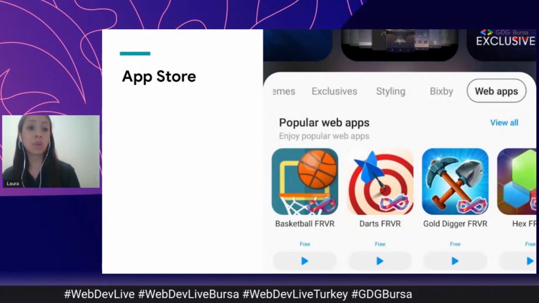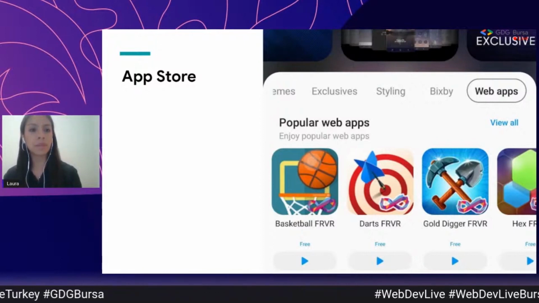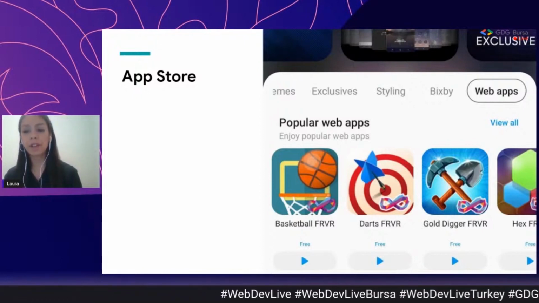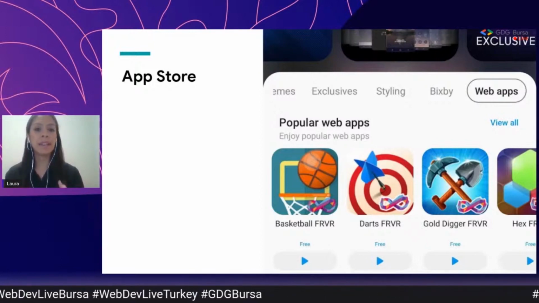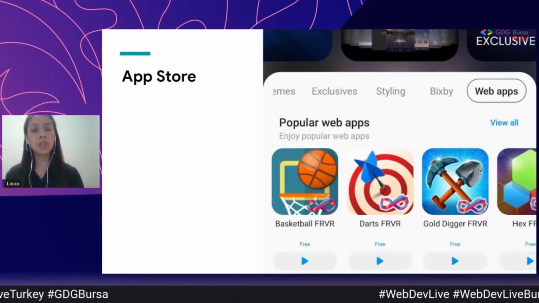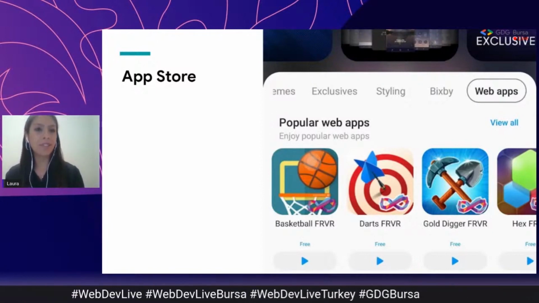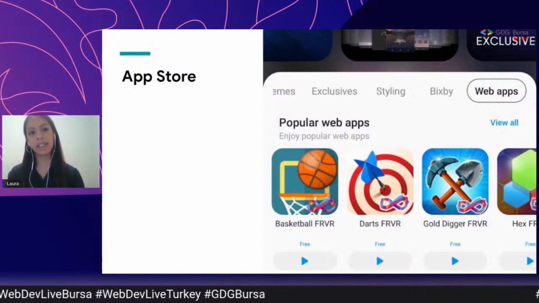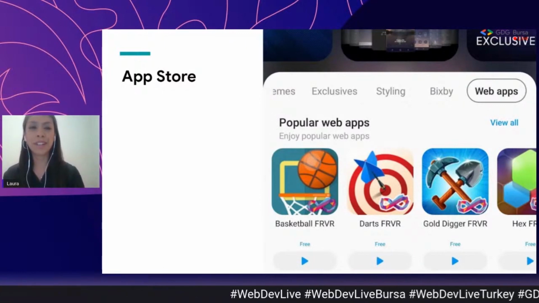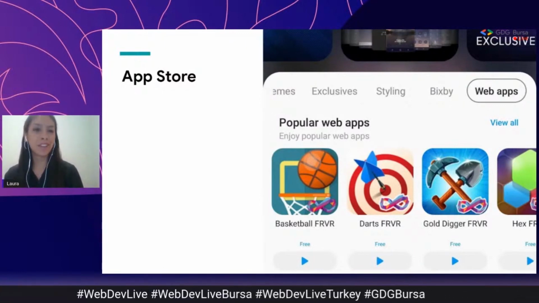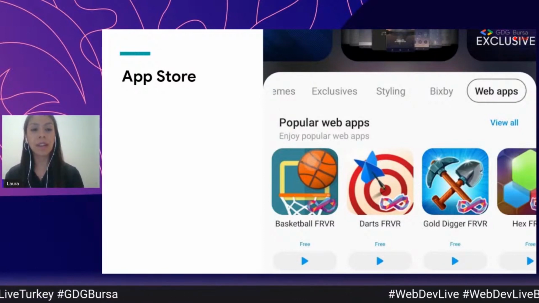But on the other side, we have other good news about PWAs. Not so long ago, PWAs were a really popular concept, and right now browsers have modern web APIs so that you can actually use your device hardware and make it feel like a native app. You can actually compete with native apps, but that's a different story that we are going to talk about a little bit at the end of our session. But the good news is that actually right now,